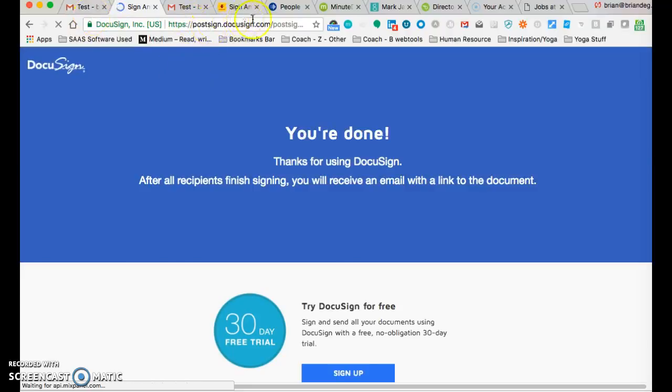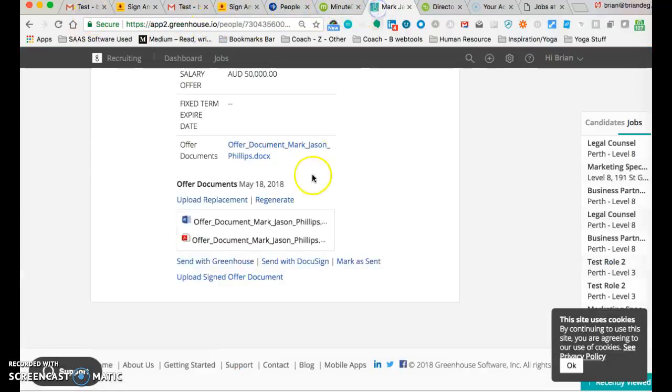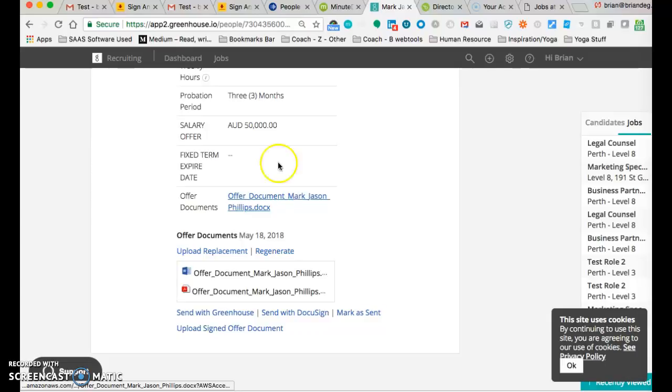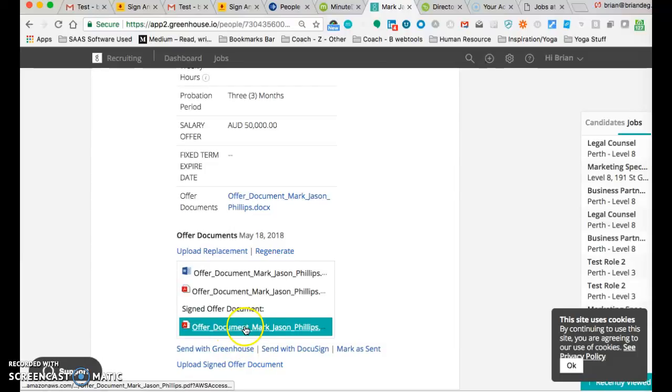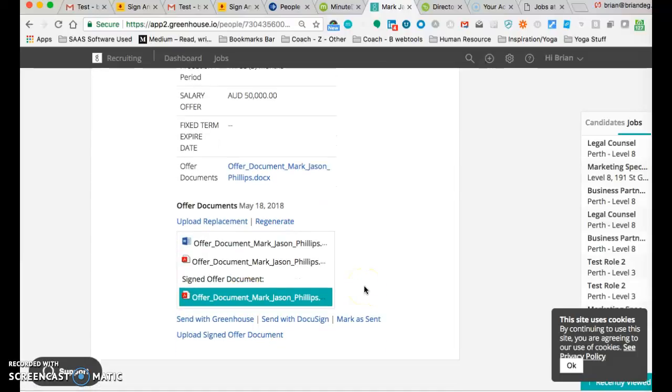Now everyone should receive an email back saying it was confirmed, and then what you can do is, for whatever reason you have a separate attachment, you can upload it here. But Mark is sent. And now that offer is signed. You can see it came back into Greenhouse. And what